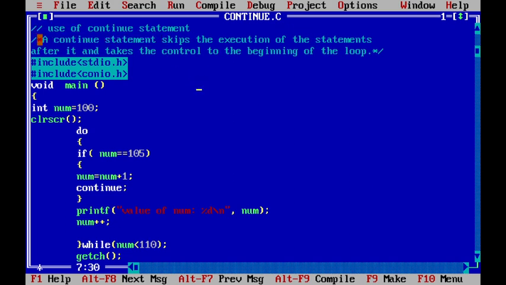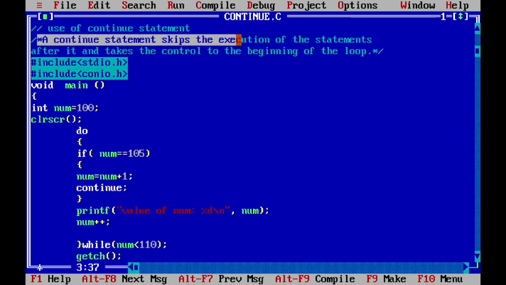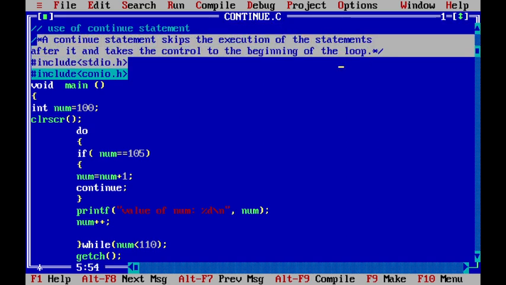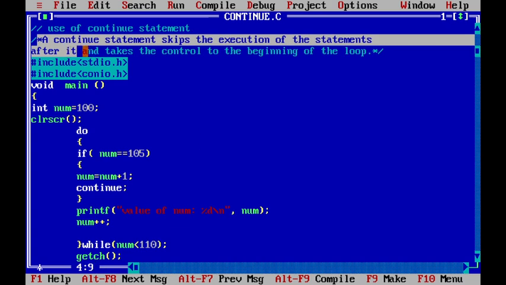It says a continue statement skips execution of the statements after it. इसका मतलब ये हुआ कि continue statement जहां कहीं compiler identify करेगा, उसके बाद का कोई भी स्टेटमेंट जो लूप का पार्ट है वो एग्जीक्यूट नहीं होगा और आपका कंट्रोल ट्रांसफर हो जाएगा बिगिनिंग ऑफ द लूप में.